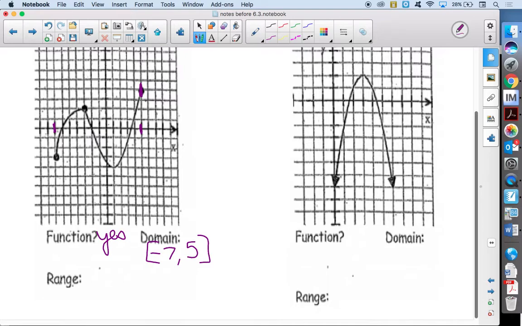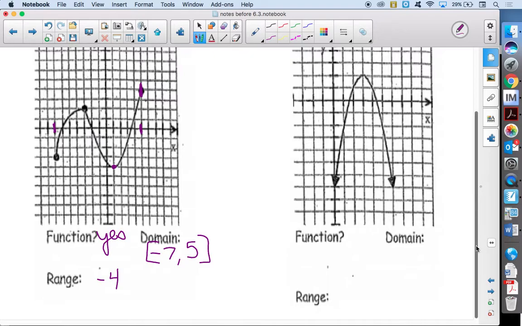Oh, Sam, you ready to answer? Sure. How far down does the graph go? How low does the graph go? Negative 3? They're going lower than -3. Oh yes it does, it goes down to -4. That's still a point on the graph, just because they don't have it as an endpoint. It's still the minimum value of that graph. So that's a -4. Then the highest would be